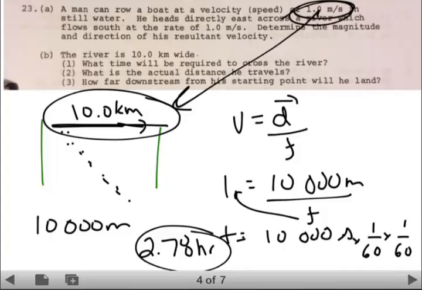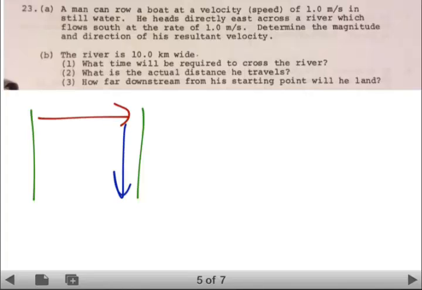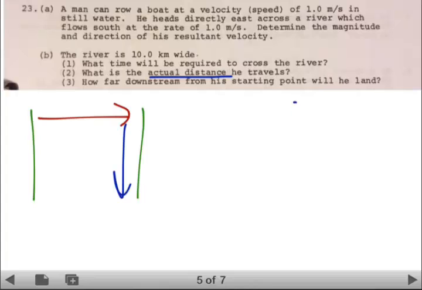So let's move on then, and we're going to look at part B, I guess number 2, the actual distance he travels. So this is going to be important to consider that hypotenuse, okay? So we had him moving this way, and the river's flowing this way, okay? Now, the actual distance he travels. So we have a time now, right? We said that he's taking 2.78 hours or 10,000 seconds. So we have a time,